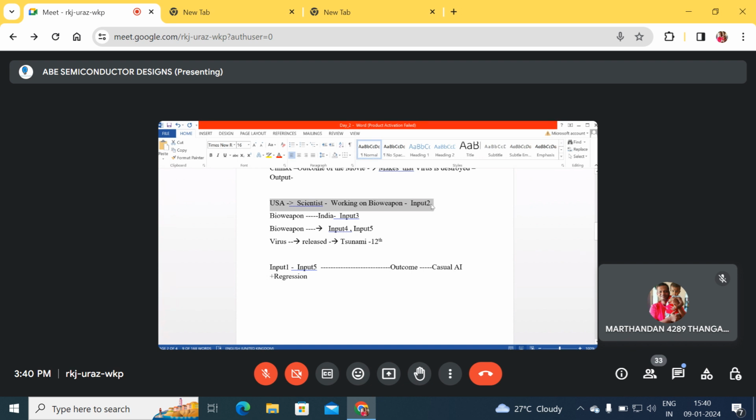So now this input 2 has different cases, and from input 2 a series of incidents will be there, and from that the input is used to form input 3. Again, input 3 has a lot of subdivisions which are used to form the next input, and the divisions will be combined to form input number 5. So these interdependent variables, this is most important, these interdependent variables are combined to